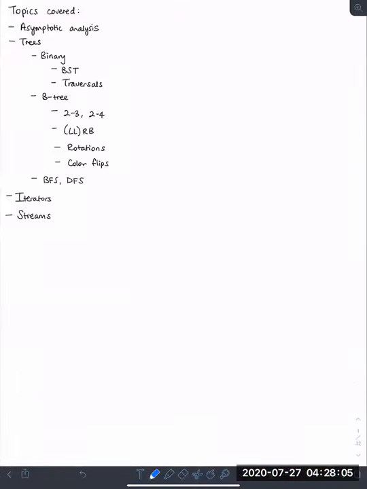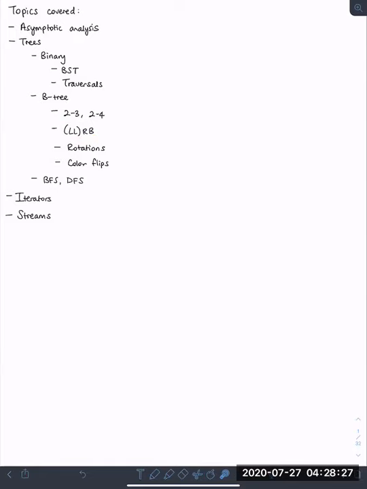So today's topic is going to be asymptotic analysis. We're also going to be looking at trees, binary trees, in which there are BSTs, binary search trees, and also traversals of binary search trees. We'll also be looking at B trees, which include 2-3, 2-4 trees, and their conversion to red-black trees, or also